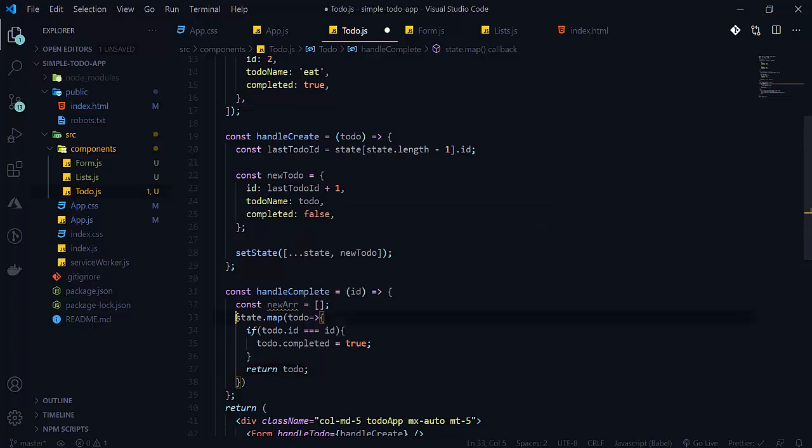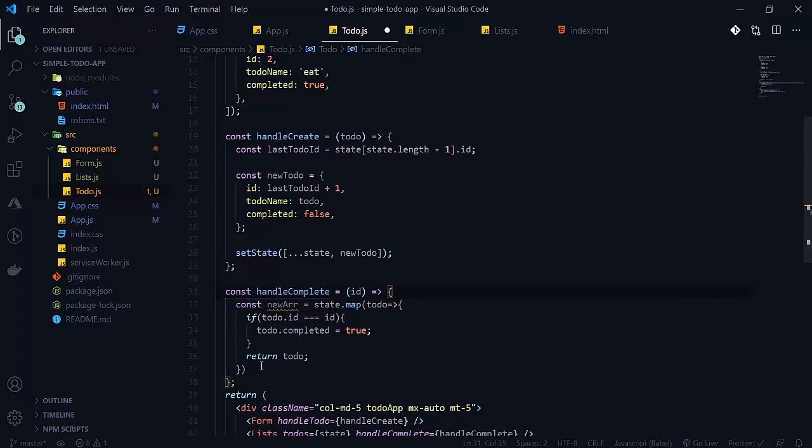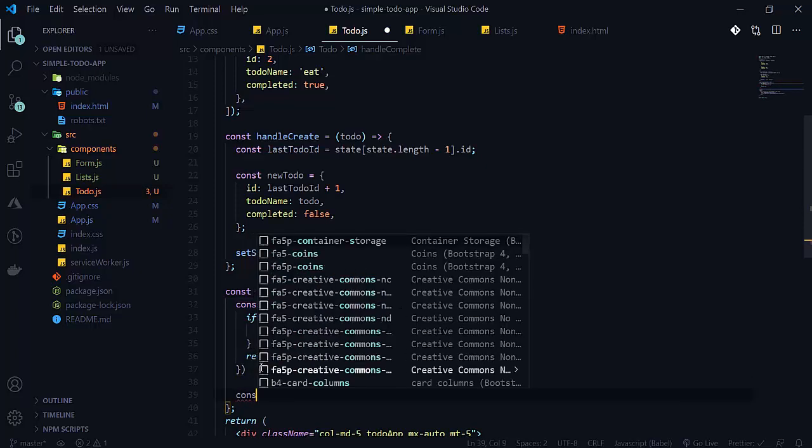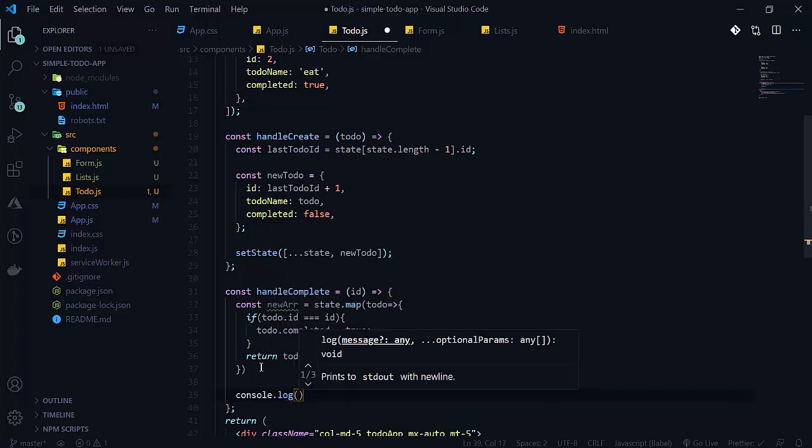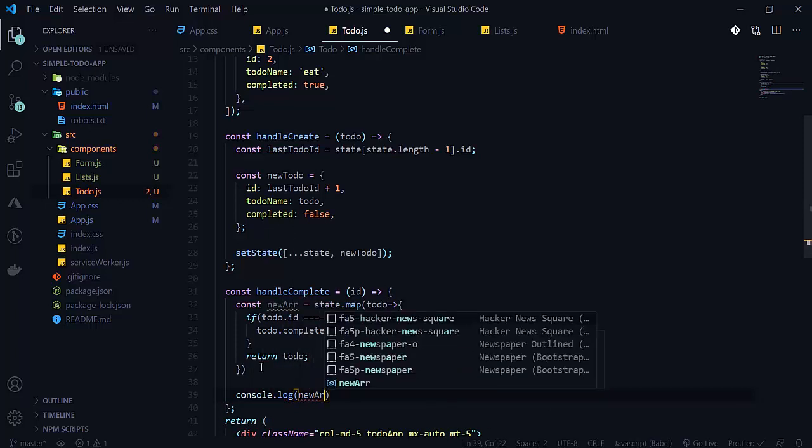So let's see that and console it, console.log newArray. So let's do it and see whether it is working or not.